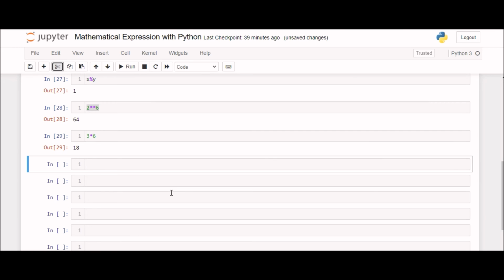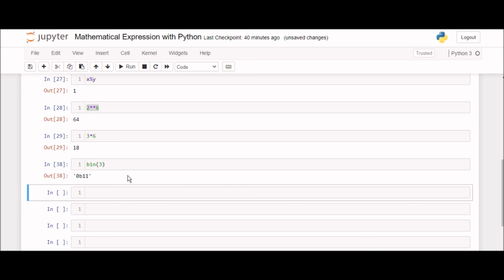Numbers and expressions don't stop there. Python has numerous built-in functions to work out sets of numbers, absolute values, complex numbers, and a host of mathematical expressions. For example, to convert a number to a binary number, how can we do it? It's very simple. Type the bin function with parentheses. I'm typing 3. Let's run the code.